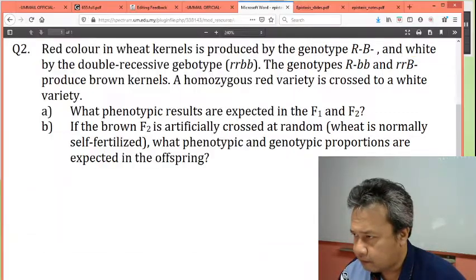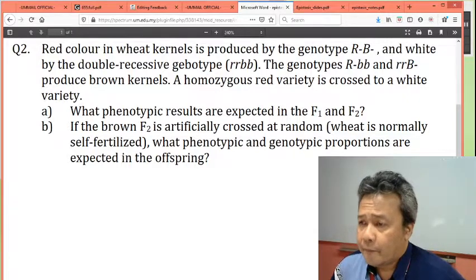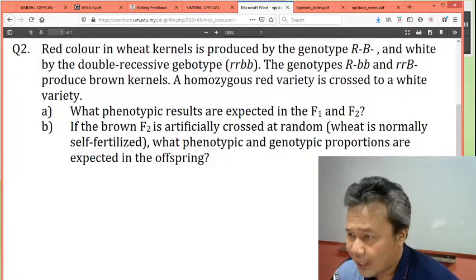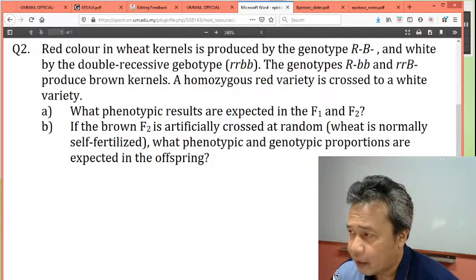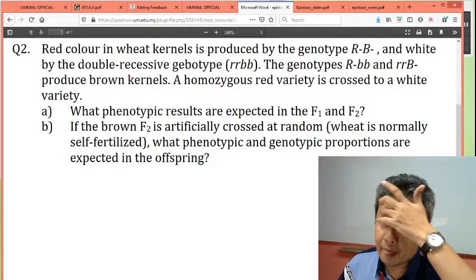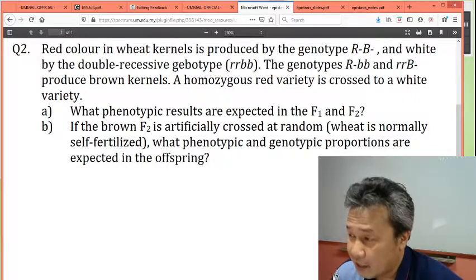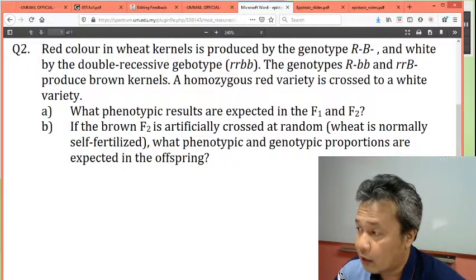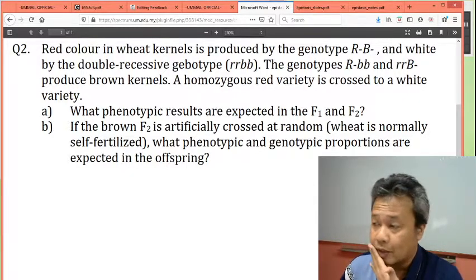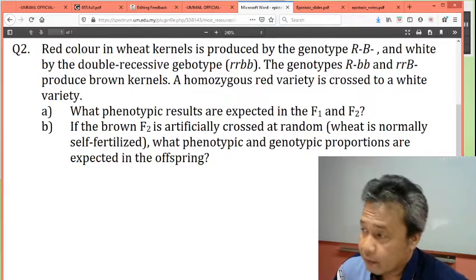Right. Okay, on to the second question. Red color in wheat kernels is produced by genotype big R, big B, and white by the double recessive. The genotypes big R, small b, and small r, big B produce brown kernels. Now, from this question,